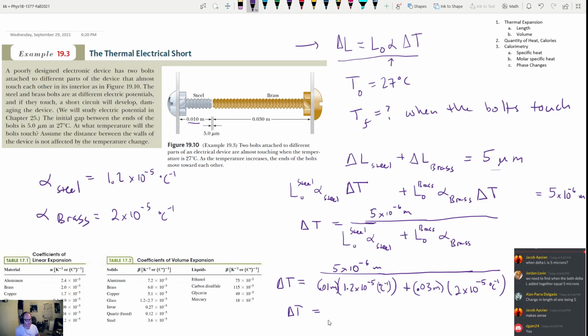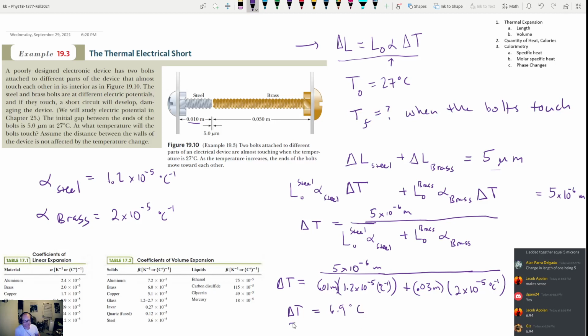I can't quite do this one in my head. It's like 50 over 72 or something like that. Maybe 500 over 72. Yeah, that's right. Yeah, 500 over 72 would be about 7. That makes sense. Okay, so 6.9